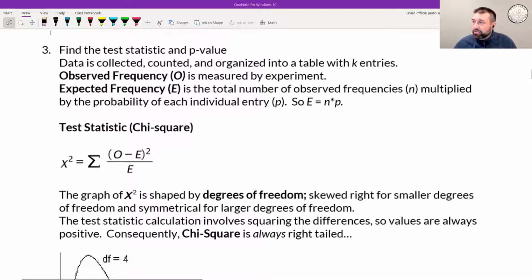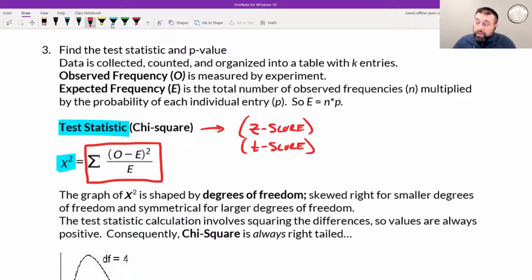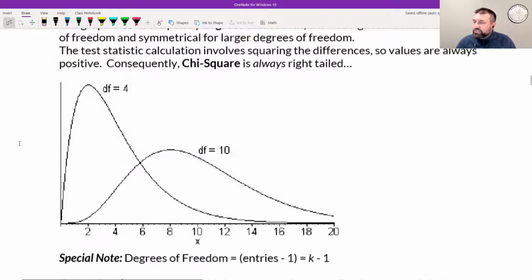So how do we calculate chi-squared? This is our test statistic. It's kind of like the z-score or the t-score. We had the z-score, we had the t-score, now we have chi-squared. This is the formula for calculating the test statistic. For each sample, you take the observed data point, find the difference between that and the expected data point, the theory, square it, and then divide by the theory. And once you have that chi-squared,